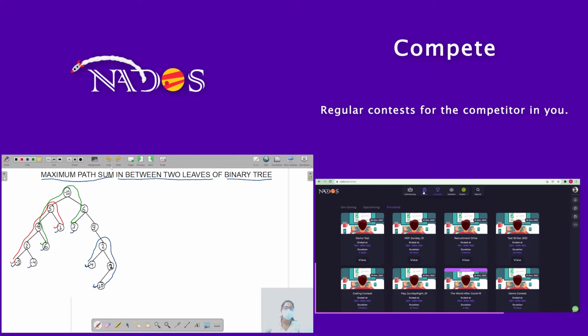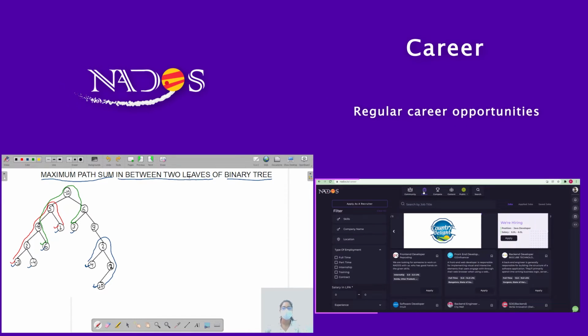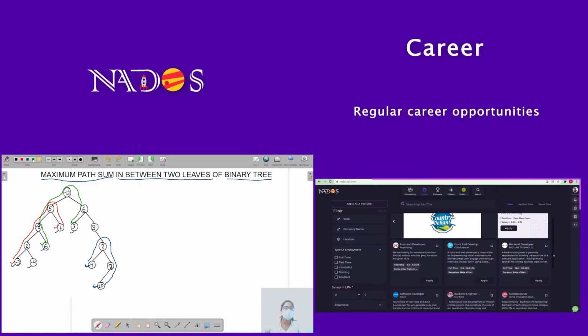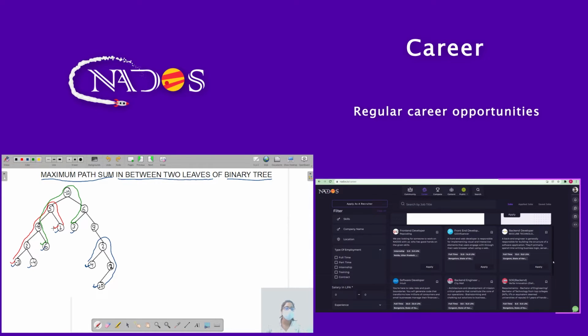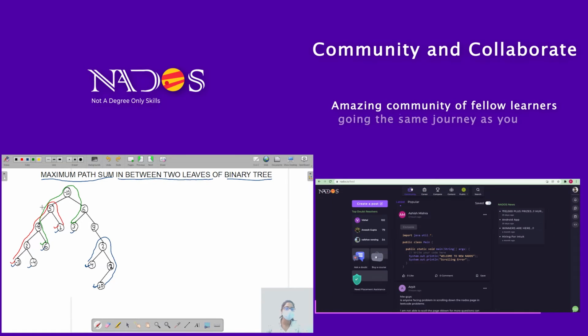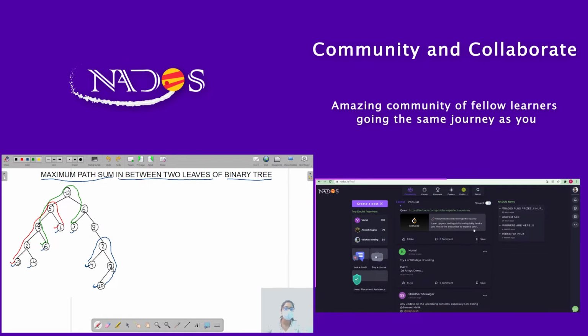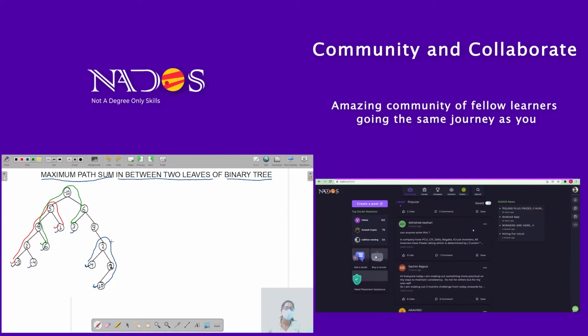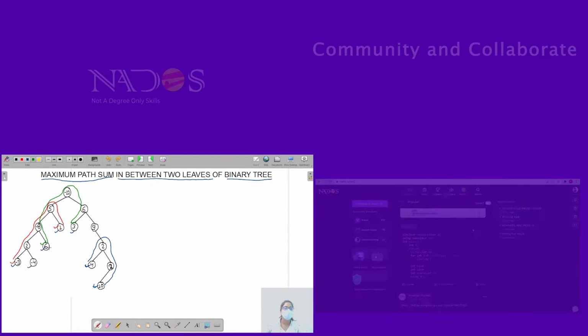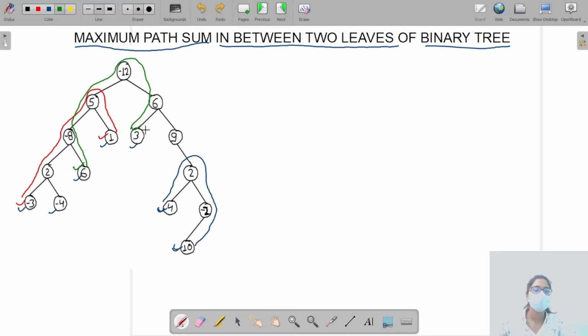So if we are taking into consideration this thing in between two leaves, then there can be three cases. The first case can be both the leaves are present in the left subtree, which is this case, and both the leaves can be present at right subtree, which can be this case, and it can also be the case that one leaf is present in left subtree and the other leaf is present in right subtree. Okay,